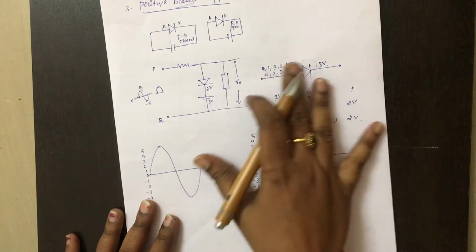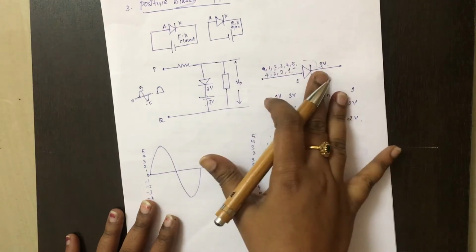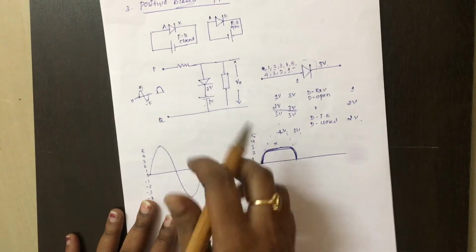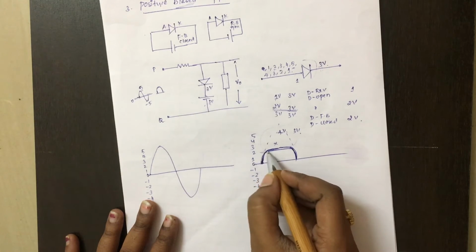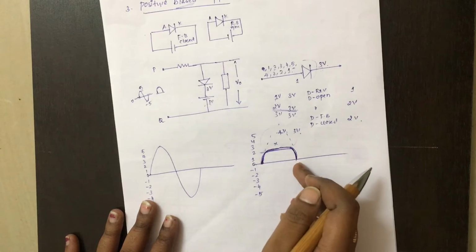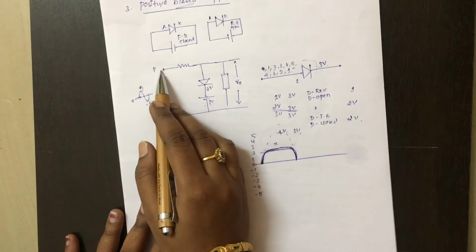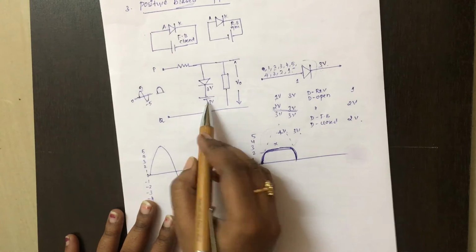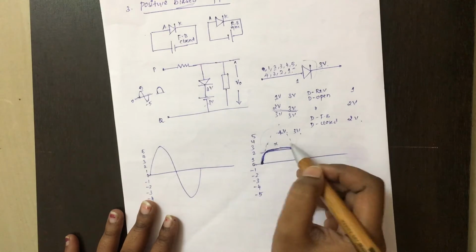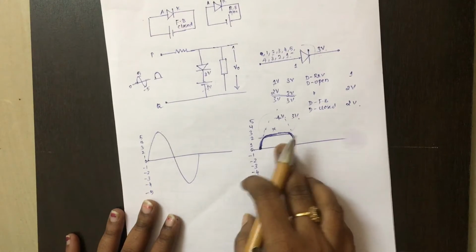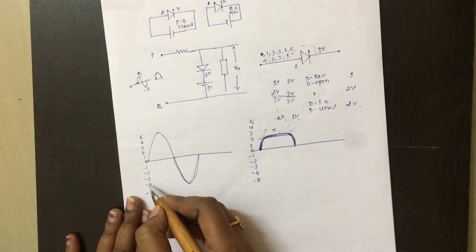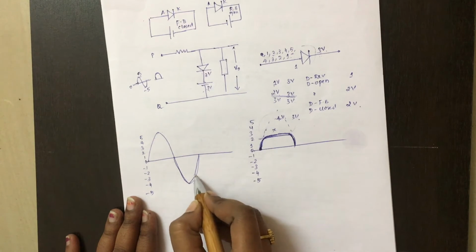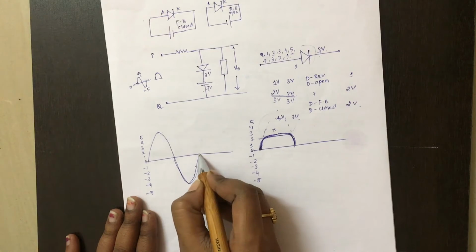So instead of all these internal calculations, you can simply draw the circuit based on the voltage level. Positive 3 volt is applied, so till positive 3 volt the signal will be passed, and whatever value you are applying greater than the battery voltage, no signal will be passed. So for negative waveform, so -1, -2, -3, -4, -5, again -4, -3, -2, -1 and 0.